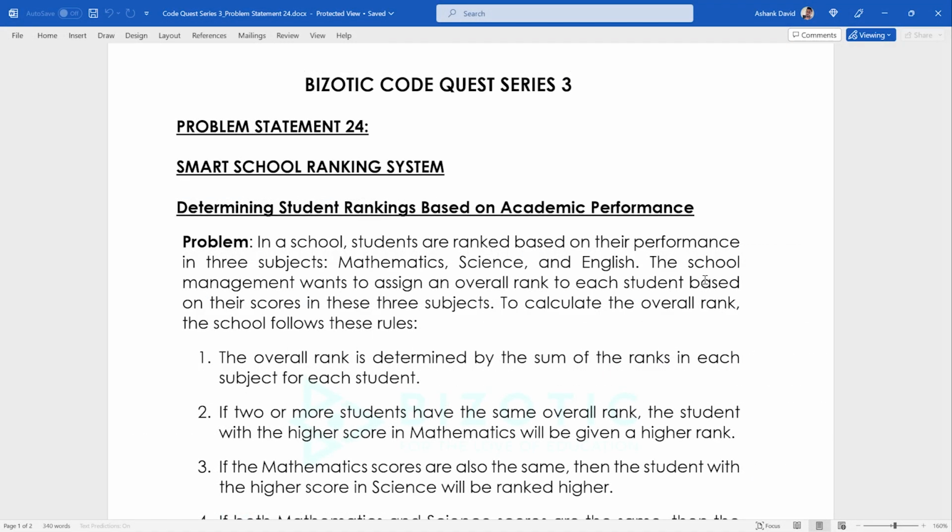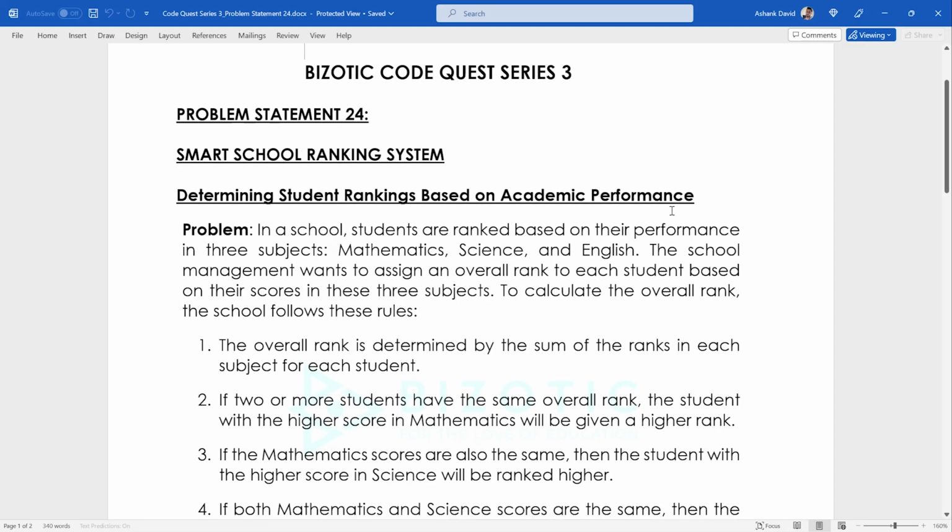Hey guys, so let's see today's question. Problem statement 24: Smart school ranking system. Determining student ranking based on academic performance. Okay,